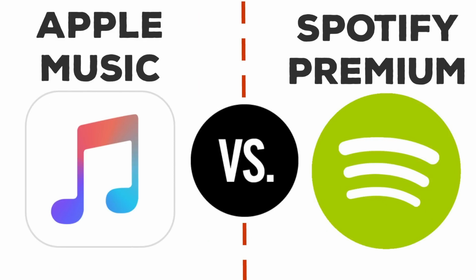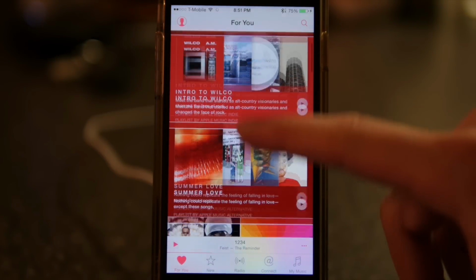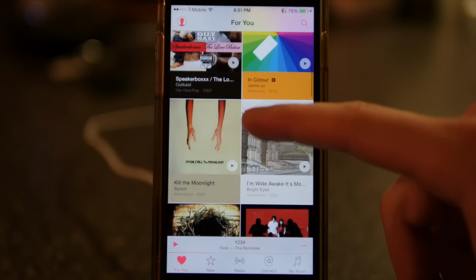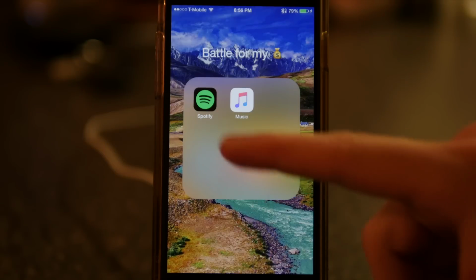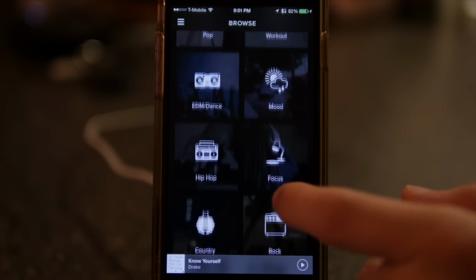The ultimate showdown between two of the most popular music services out right now, Apple Music versus Spotify. I know a lot of you have been waiting for this video. So during this video, we're going to find out the pros and cons of each music service. We're going to look at them side by side and compare the features between both of them. And I'm going to give you my opinion and my personal experience that I've had with both of these services,